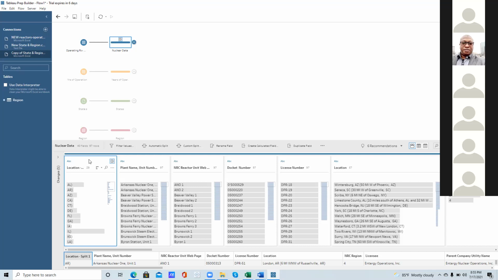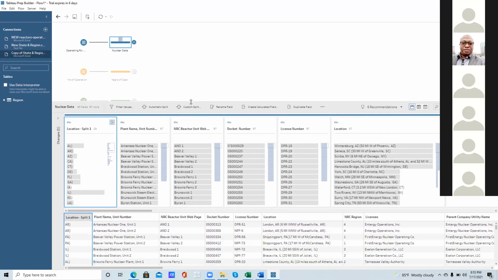If you stretch the panel up underneath, you will see the corresponding values. Go back to that and then let's do what we did.